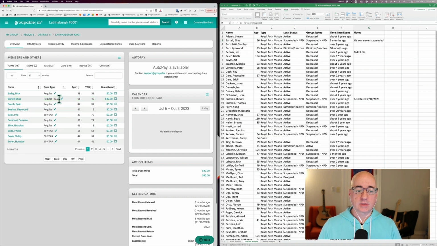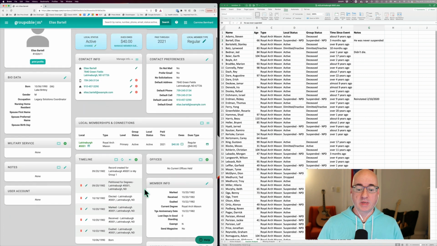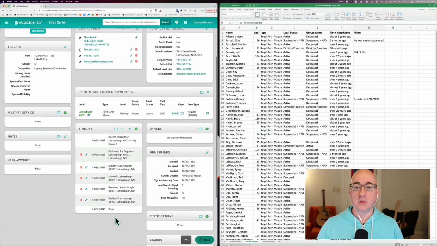That changes that as secretary, because that's what it would be if he's going to be an active member. Those are things that you set yourselves. We'll go through that in another video where we go through setting up your dues for the first time. But that's how we get an event off of someone's record. And remember that the calculation of status is all based upon the events on the history. So when we take the suspension out, it goes through and recalculates him. And the last thing was that event, what they call an exalted, that makes him a full member. That's why he is back to being an active full member in my local.